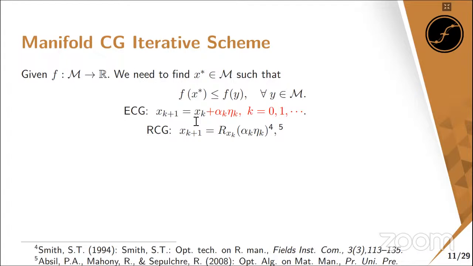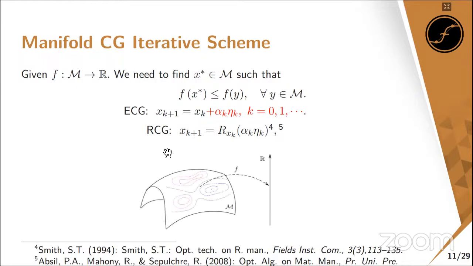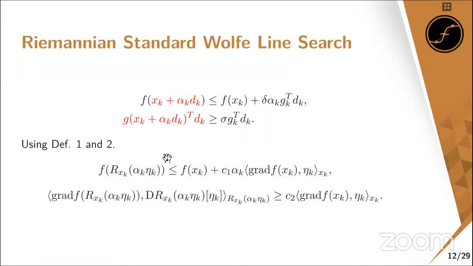Based on that, Absil, Mahony, and Sepulchre in 2008 found a relaxation of these maps, which are represented by retraction and vector transport respectively. So based on that,